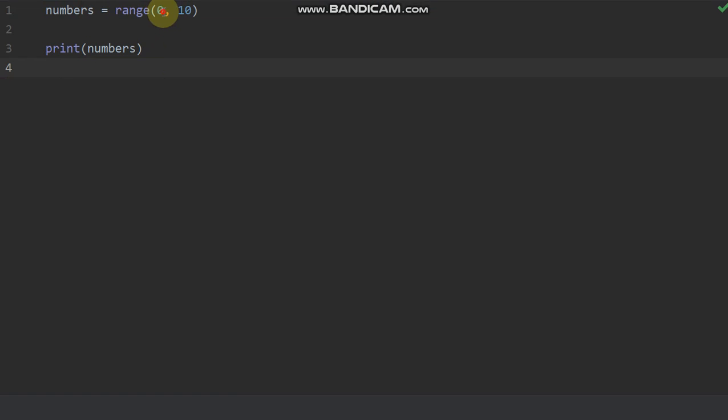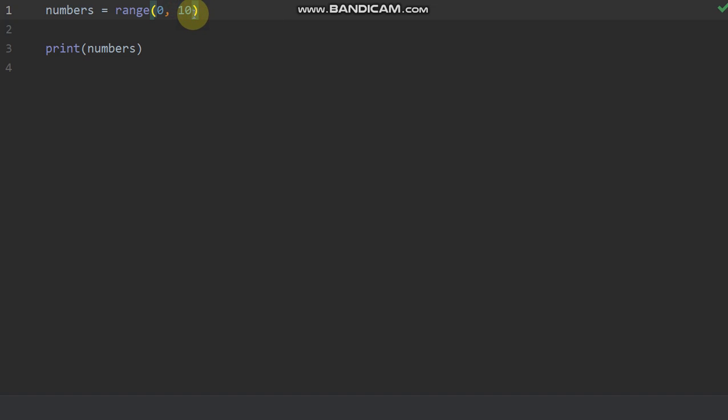So if I say range from 0 to 10, it is not going to print 10. It will start from the beginning value, 0, and omit the 10 value. So it will print 0, 1, 2, 3 up to 9, meaning it is a range of 10 values. This 0 indicates the start index, or the start value. So the first value within the range is the start, and the last value within the range is the end,